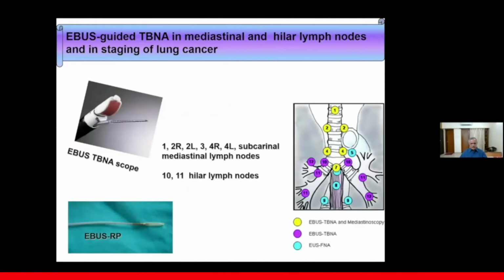So EBUS-guided TBNA, mediastinal and hilar lymph node staging in lung cancer is being used quite extensively in our country, especially the subcarinal node, which is the darling of the pulmonologist, the paratracheal nodes, the right and the left paratracheal node, the upper paratracheal and right paratracheal nodes, and also the hilar nodes, which can be sampled and sent for bacteriology and pathology,